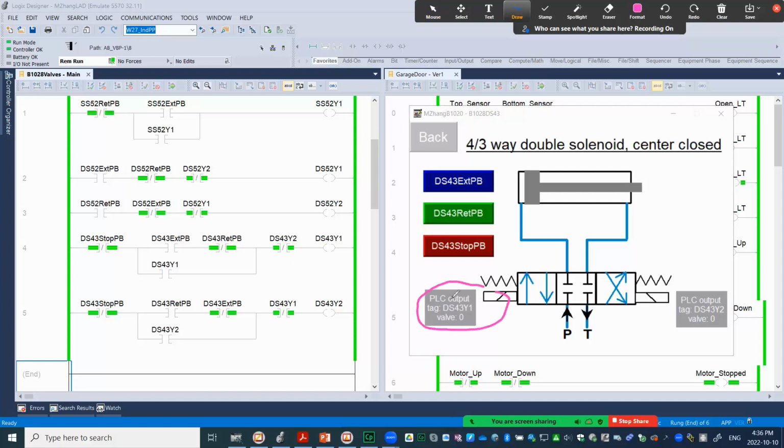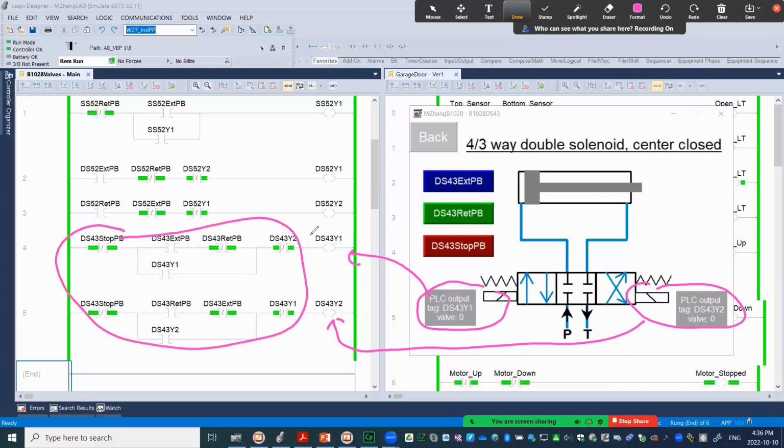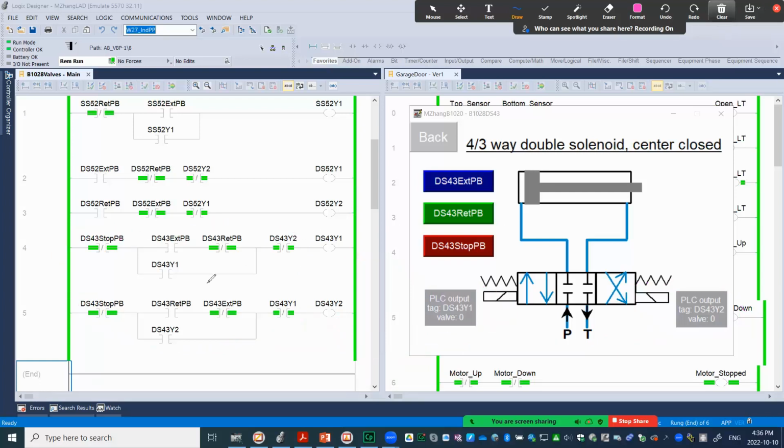So this is one side, Y1, and that's the other side, and center close. In that video, I explained all the details of why we need this design. There's a very important concept involved called interlock. If you're handling a pneumatic or hydraulic valve and you energize both solenoids at the same time, it's not good, but not too bad, because in the worst case you damage the valve itself. But in motor control, if you energize both sides at the same time, much more damage will be done. So that's why we will